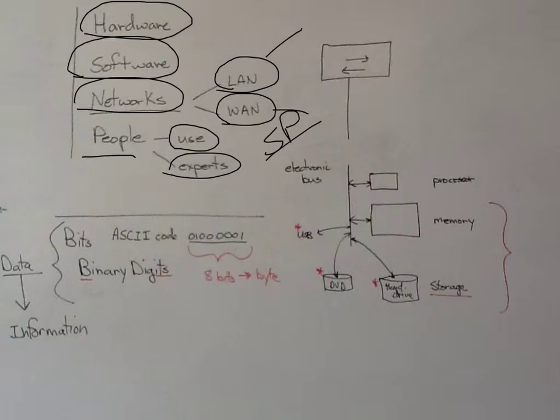What actually gets sent across the network? We talked about bits, binary digits. That's where the word bits comes from. It comes from binary digits. Bits are these ones and zeros inside a computer that we can represent using electricity or some magnetic spots. We can represent ones and zeros. Typically 8 bits gives us a byte, and we use bytes typically to represent